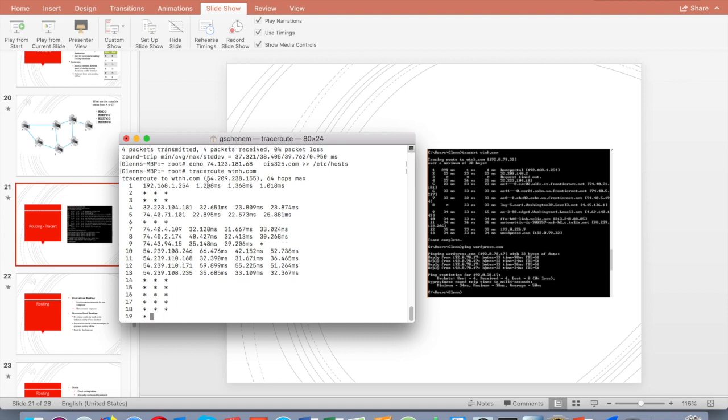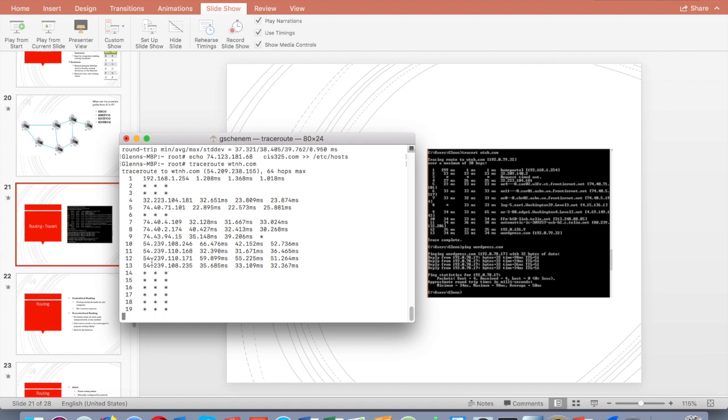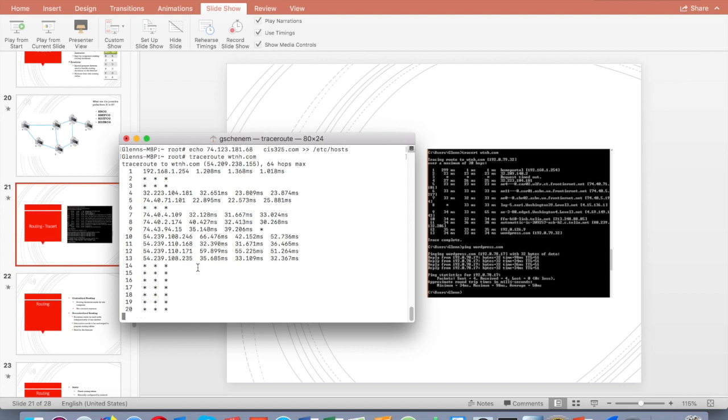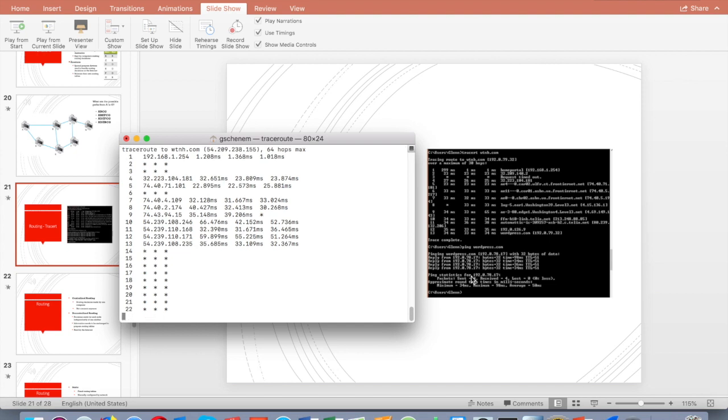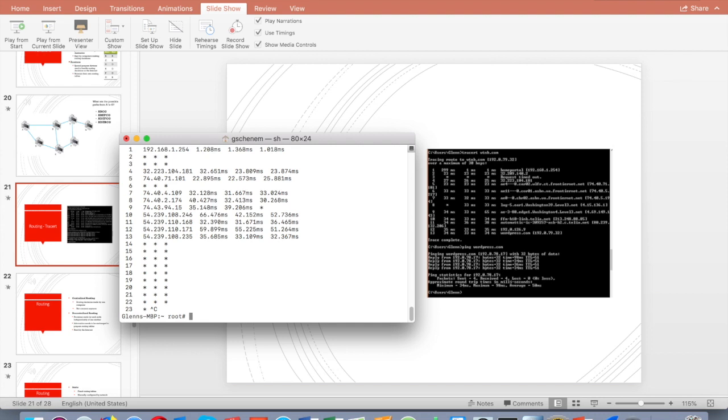If I were to look right there, I can see that 54.209.238 is probably related to one of these subnets right here. This 54 is probably a Class A network, and they're probably blocking my traceroute request. But I can't verify that. It certainly does look like it though. So I'd guess that 54 is a Class A network like we saw from Computer Hope on that URL I listed previously. And I'm guessing this is going to time out. So that's no good. Let's try something different here.